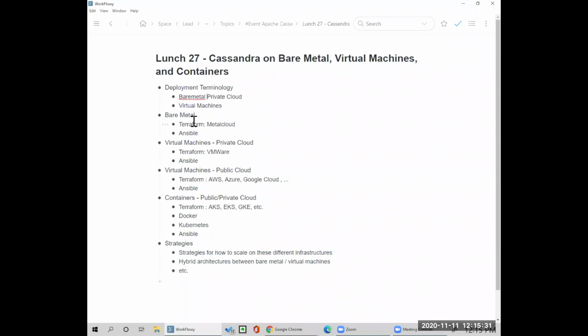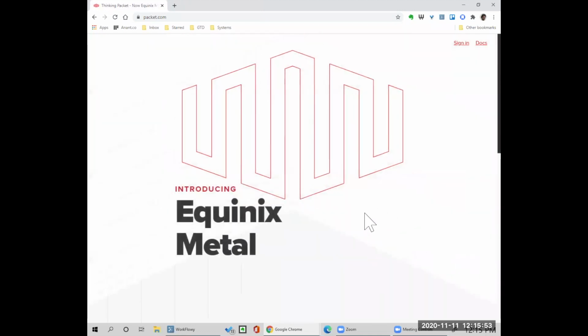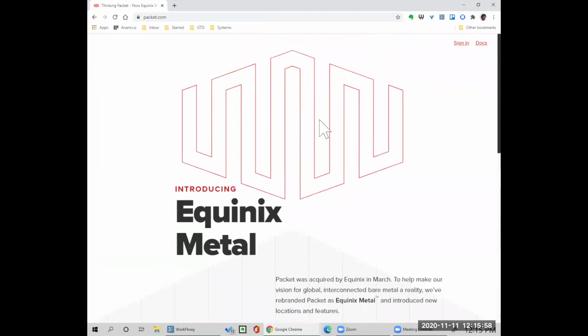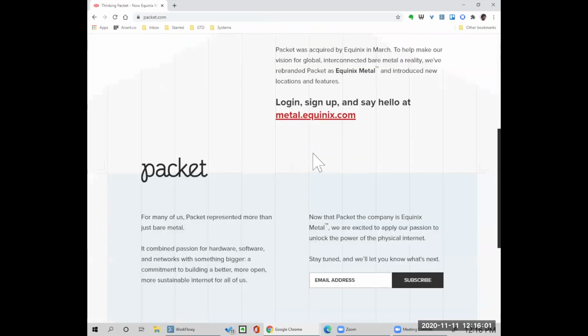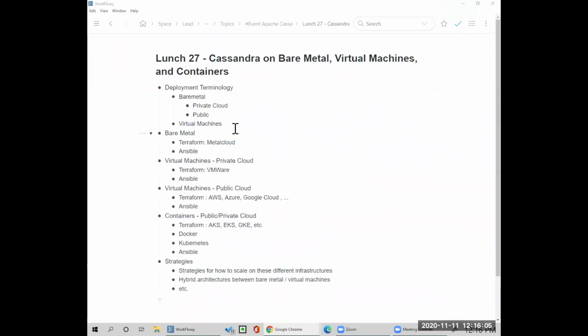Or actually, you know what? There's a company that offers public clouds with bare metal. I forget, I think it's called Packet or something. Yeah, in fact, that's what it is. Packet.com, now acquired by Equinix. Equinix is probably one of the better carrier neutral data centers out there. It's kind of interesting now they're in this business, but basically you say you want a bare metal machine, they'll make it for you.